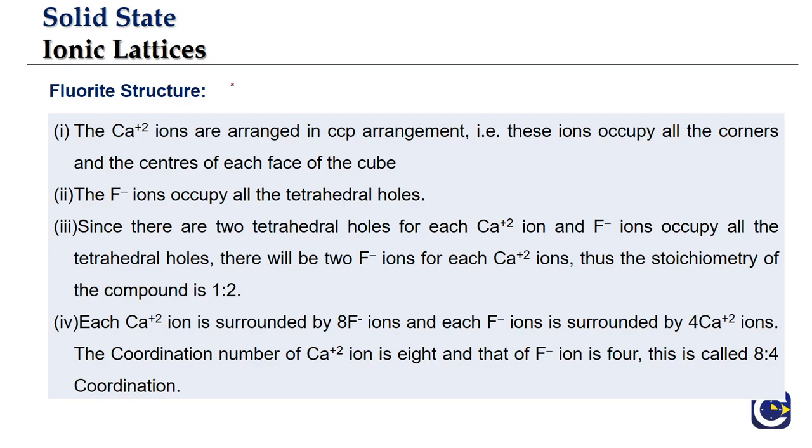The last two structures that we will be discussing in the A2B or AB2 type are one is a fluoride structure, another is the anti-fluoride structure. They'll be very much similar, except that the difference will be the cation places here will be taken by the anions there, and so on. If you look at calcium fluoride, CaF2, this is what is the fluoride structure example.